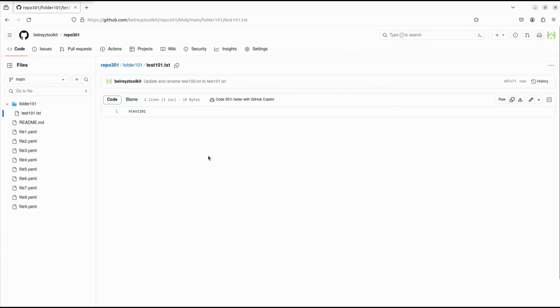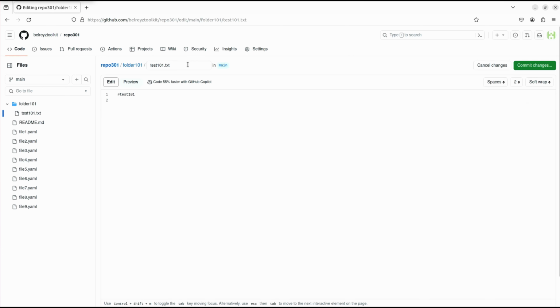Now, as you can see, the file name has been modified to 101 and as well as the folder 101. What if we want to move this file to another location or to another folder? What you can do is to hit the pencil button and then move the pointer to your text box, move